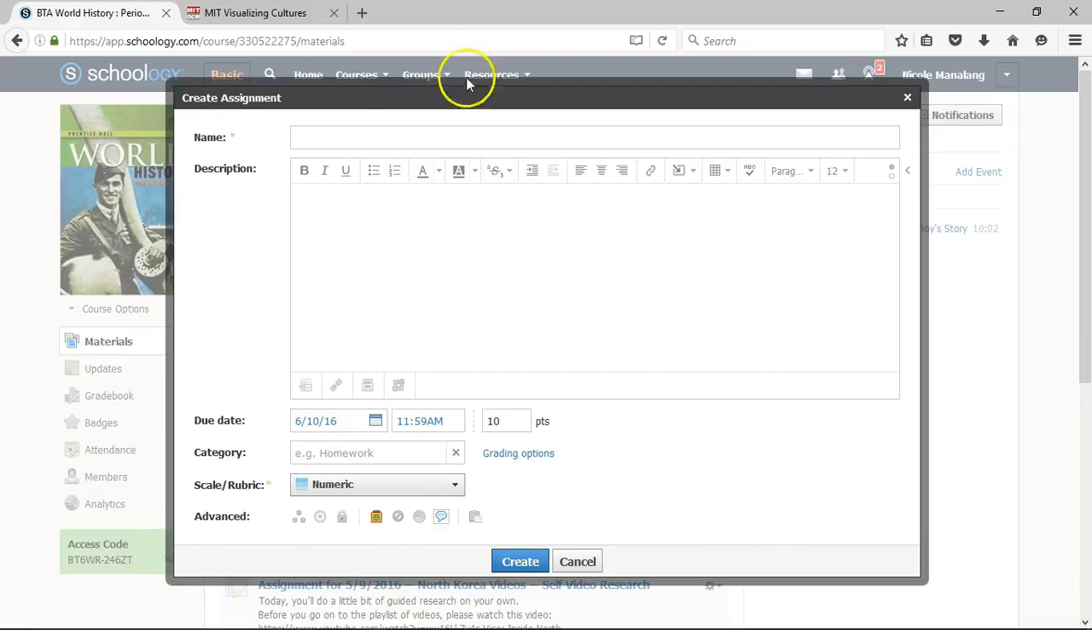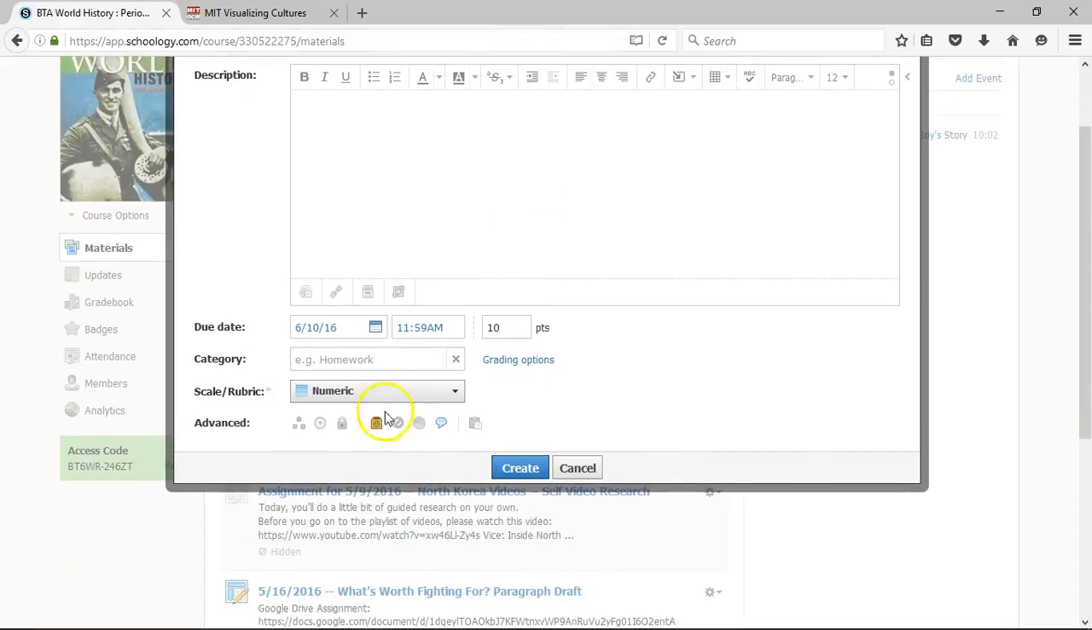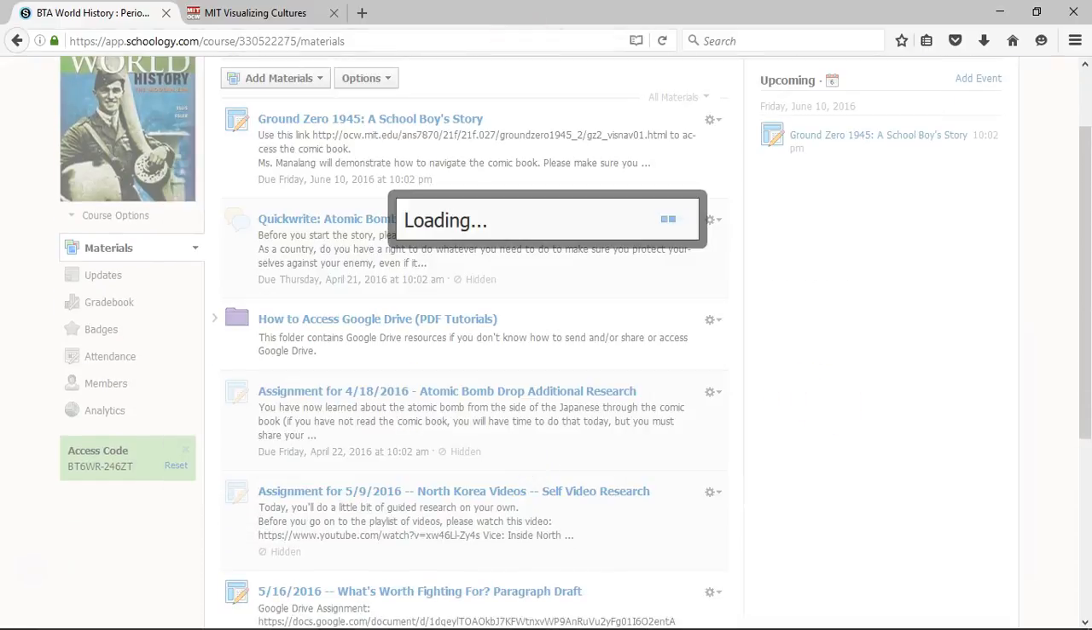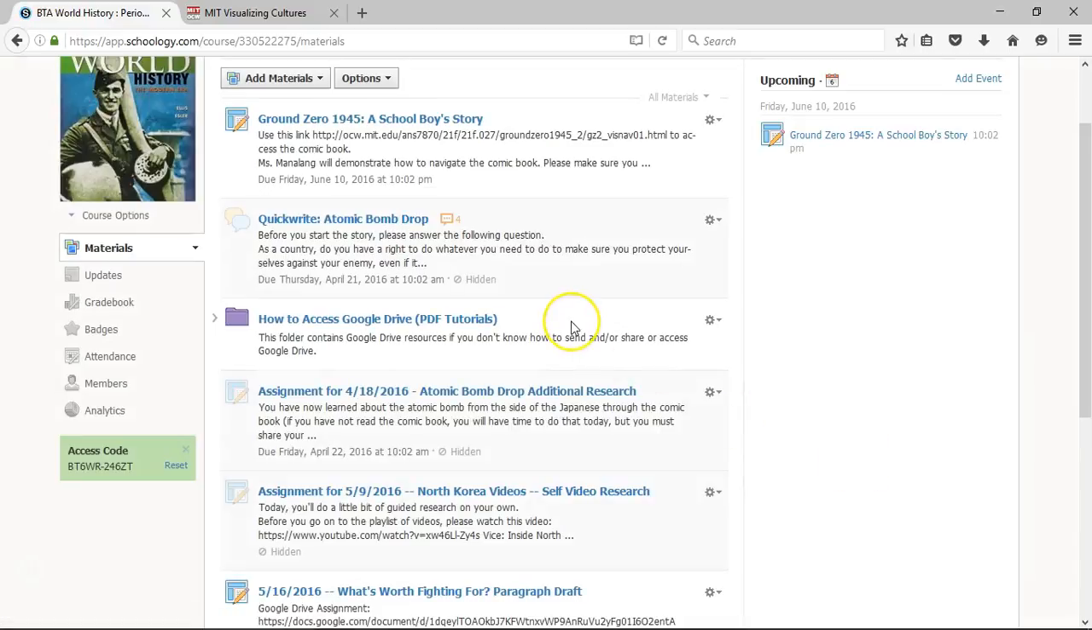Once you've set up all your options for your assignment, click the Create button and you're good to go. That's the basics of adding an